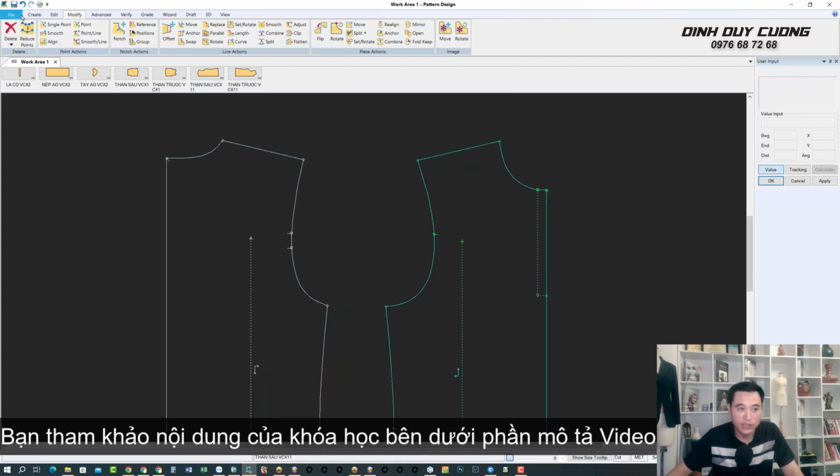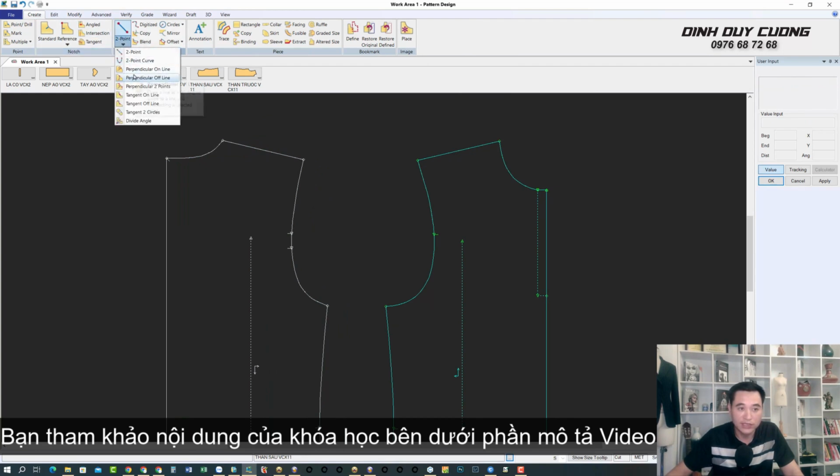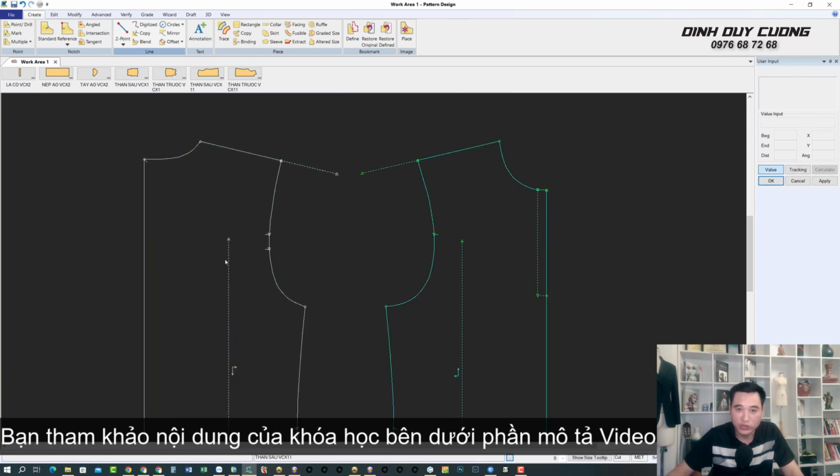Then you will simply extend this shoulder line to match the specific sleeve length you want. For example, let's say I want to make this draped part about 8 centimeters long. Then I will carefully measure out exactly 8 centimeters on each side of the garment. Next, you will determine the slope of this draped shoulder part, so you can rotate this line downward. I will rotate it down about 4 centimeters.